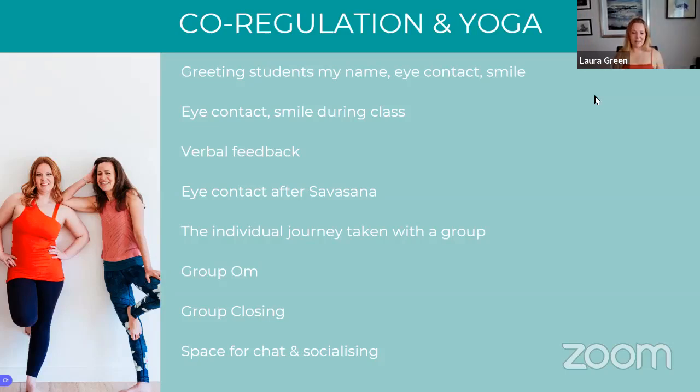And this is why I think yoga is an individual journey, but when we take it within a group, we know something else happens. Something else happens, and it's co-regulation. A group Om, so chanting. Chanting stimulates the vagus nerve. If you don't want to chant, a sigh. So closing your class with something like inhaling through the nose